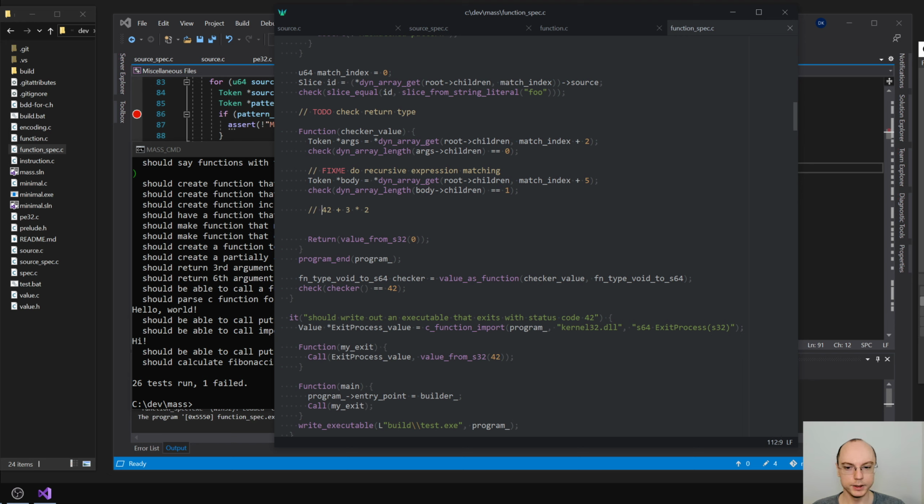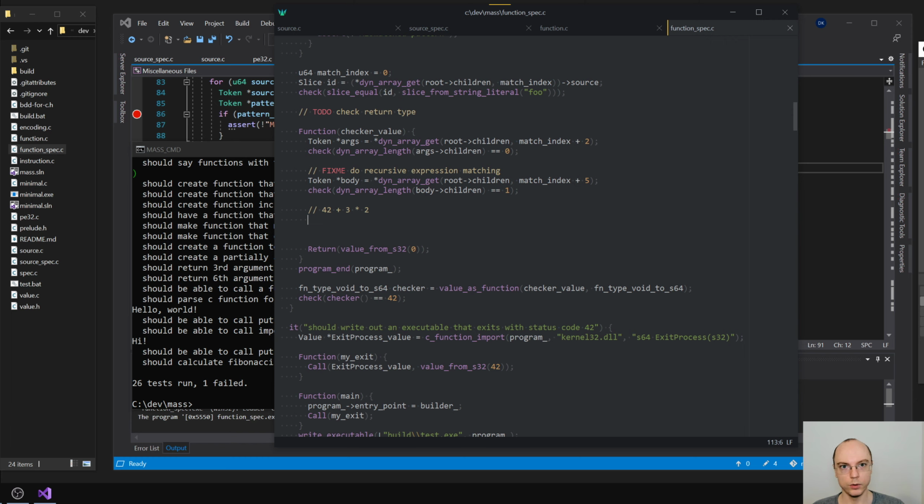When we are looking at this expression and we're figuring out what to do about it, we have the concept of precedence, and we know that 3 times 2 should happen first, and then you have plus at the end. But from the standpoint of this parser thing that we're going to be writing,